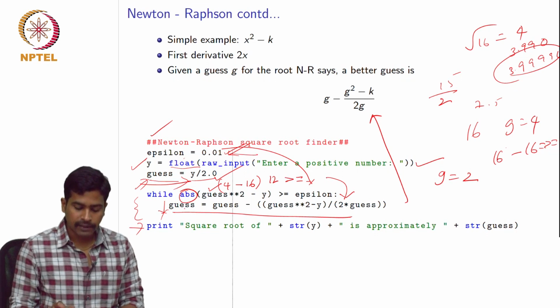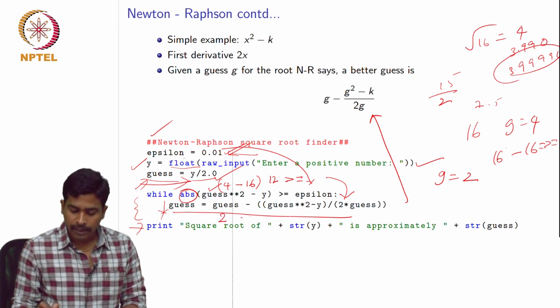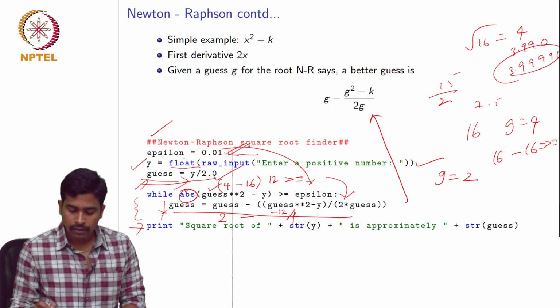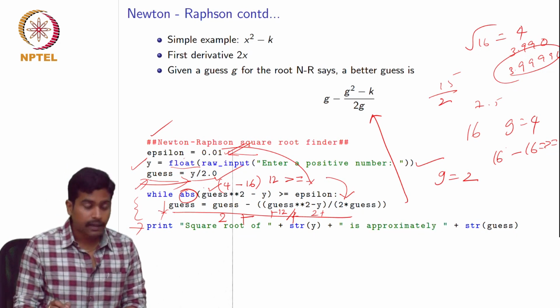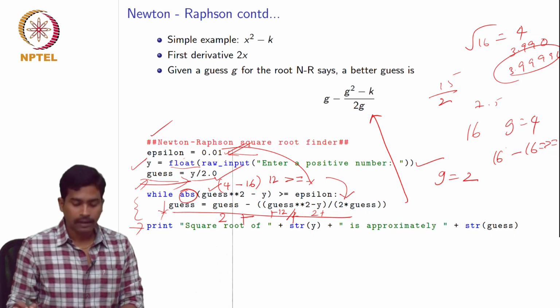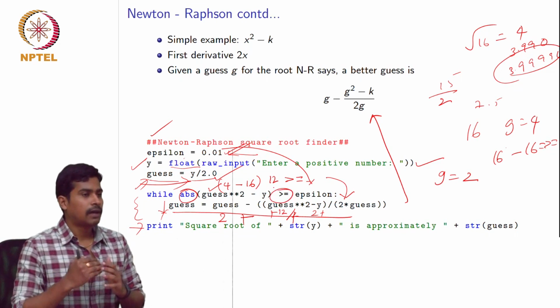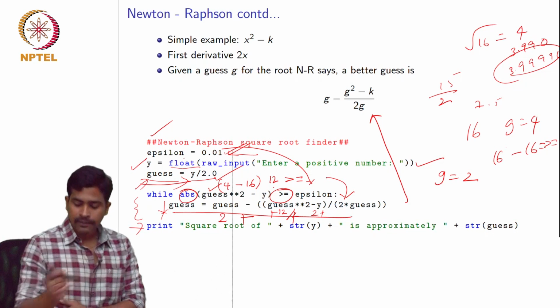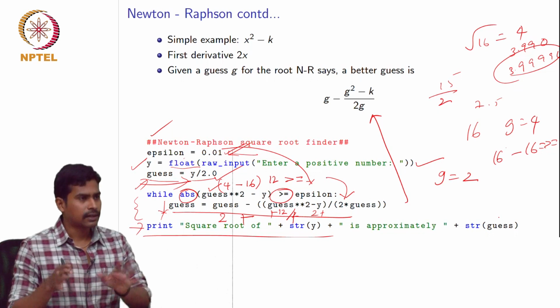Okay. So, your previous guess was 2. Now what you are doing is replacing your previous guess 2 minus (guess square minus 16, which is minus 12) divided by 4, which is going to be some other number. Okay. So, we come back here, we use the new guess to calculate this check, and then we keep updating the value of guess until finally this condition fails, which means we have approached very close to our solution. After that we stop the iteration, and finally we print this approximate solution.